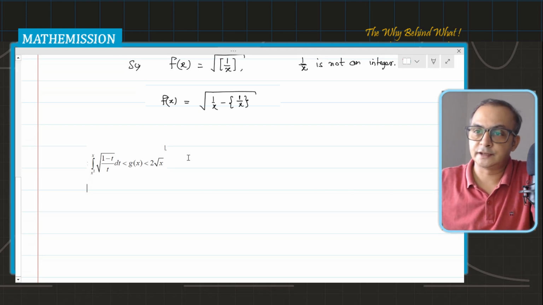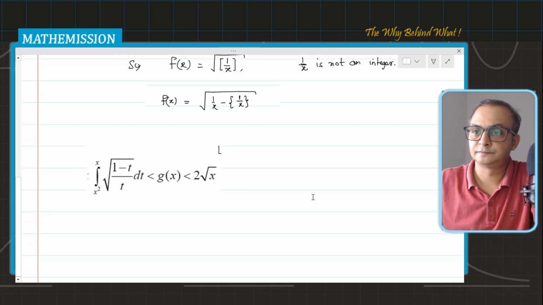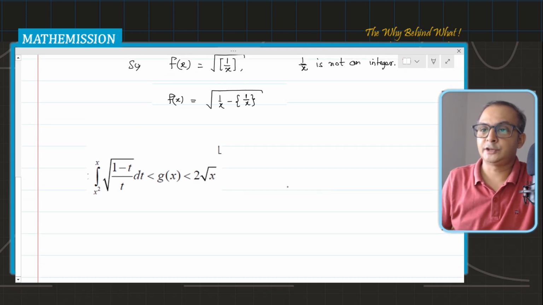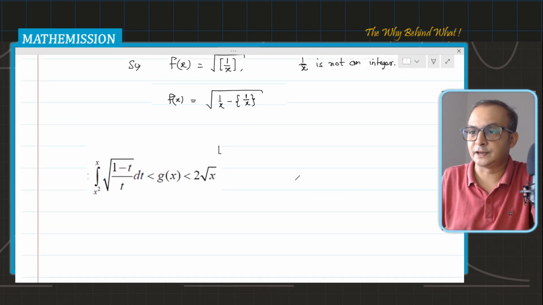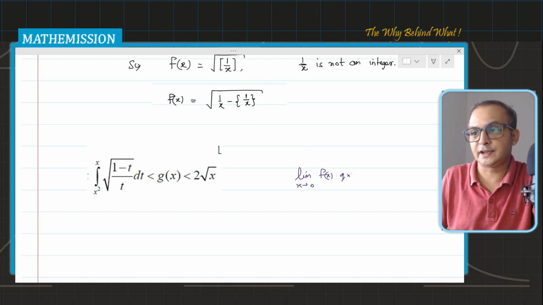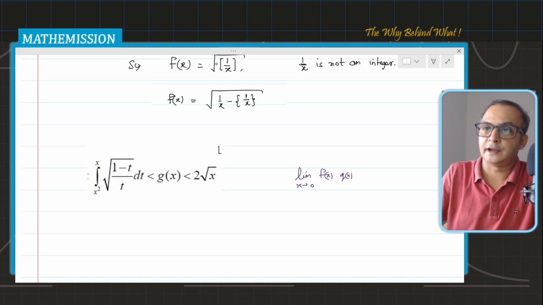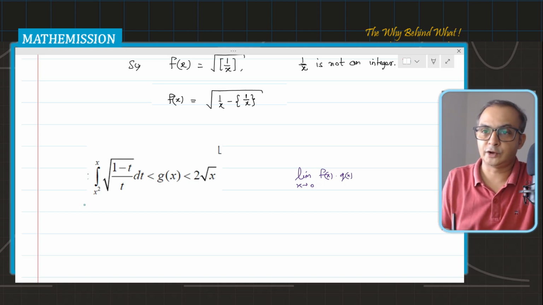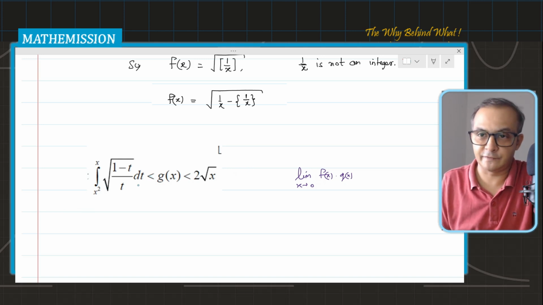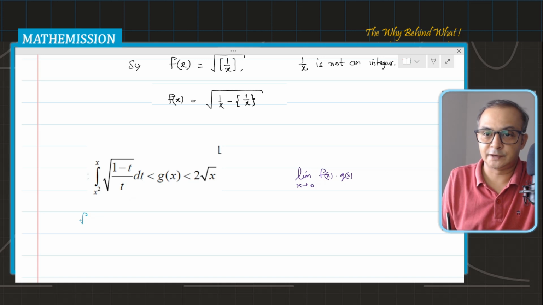This is the inequality I have, and I need to find this limit, x approaches 0, of fx into gx. So why not multiply this entire inequality with fx on each side. So I'm multiplying fx here,